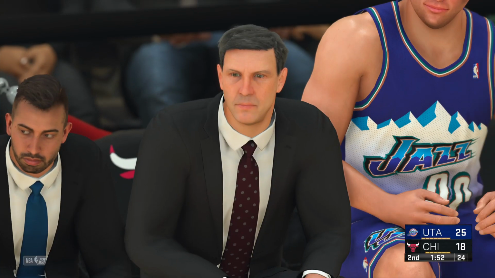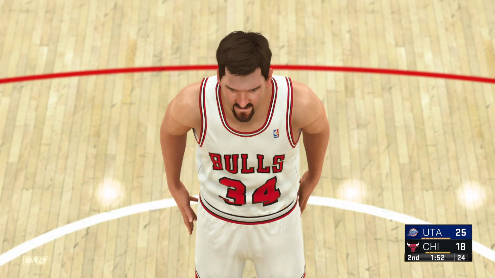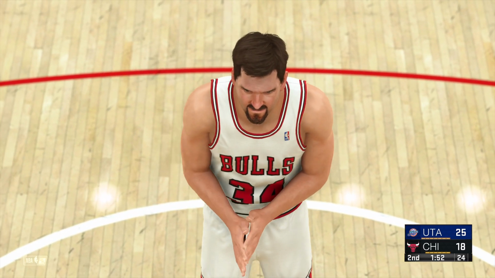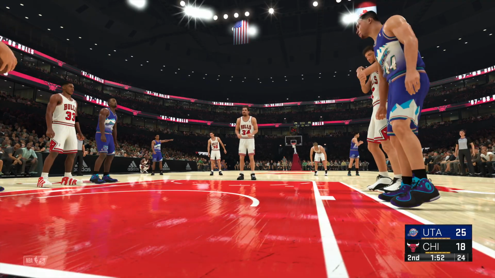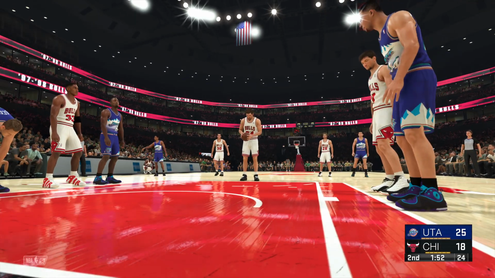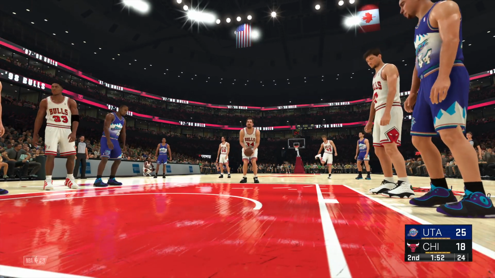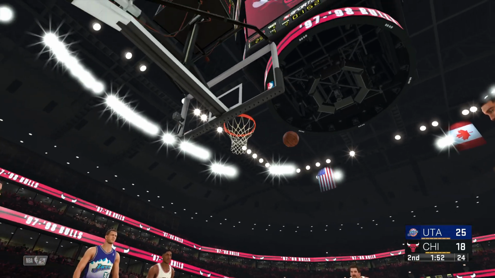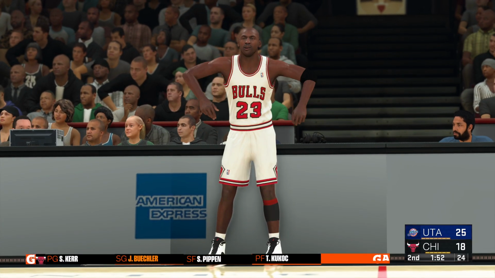At the line for Chicago, Bill Wennington. Shooting 2. No good on that one. Wow, what, did he have something in his eye on that shot?